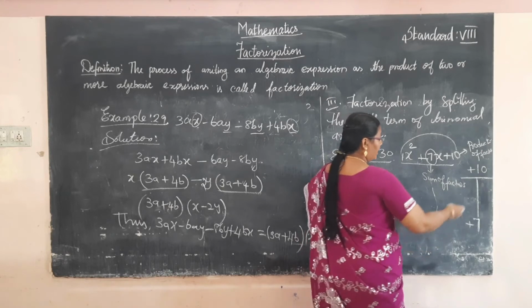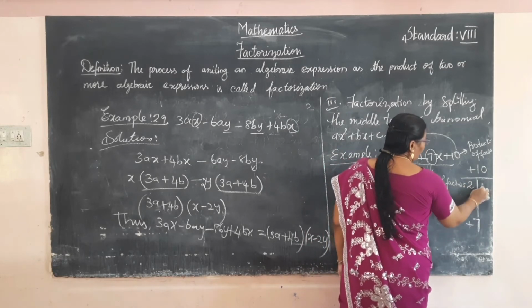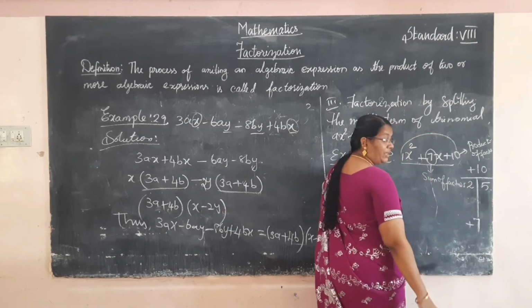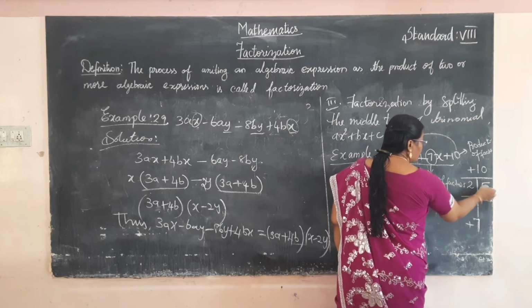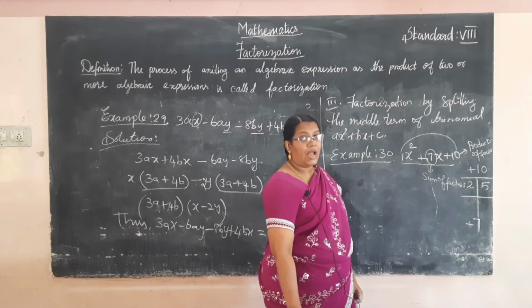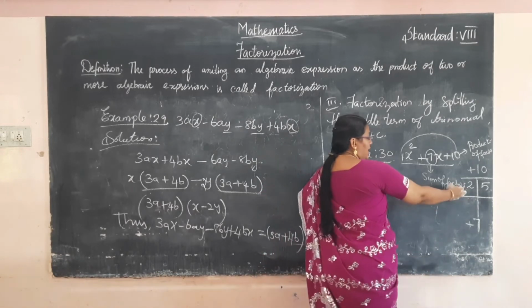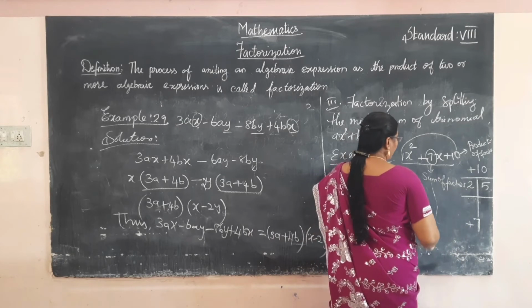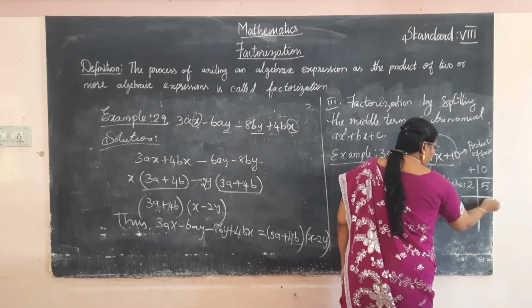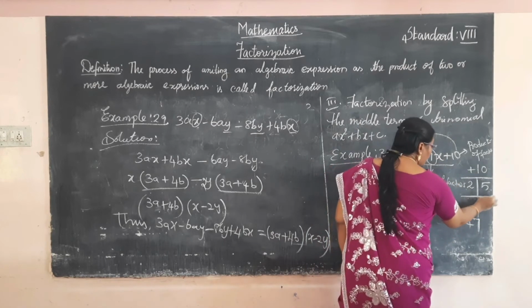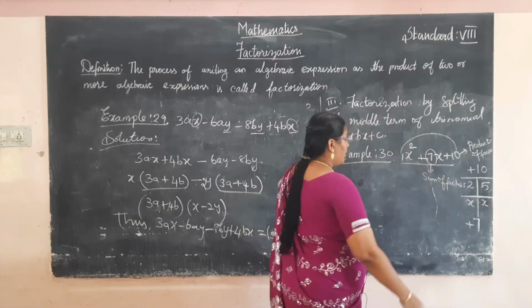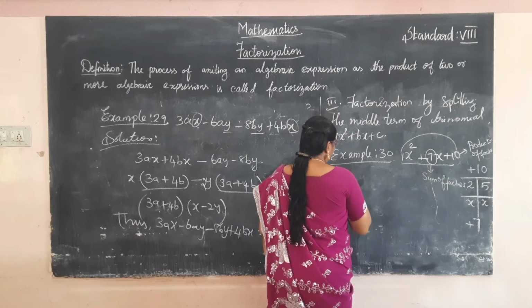So first we write 2 5s are 10. So multiply these two factors, we get the product of factors. At the same time add these two values, what we get? 2 plus 5, 7. So it satisfies the sum of factors and product of factors. We have finalized these two factors. Next, which variable is given? X square. So we assume that this is divided by x. Now we can write the factors.